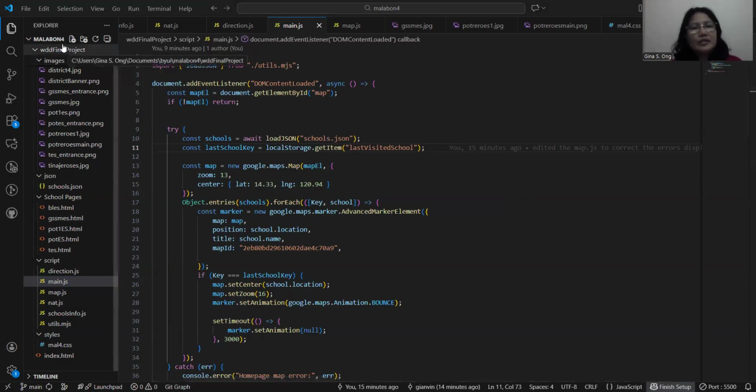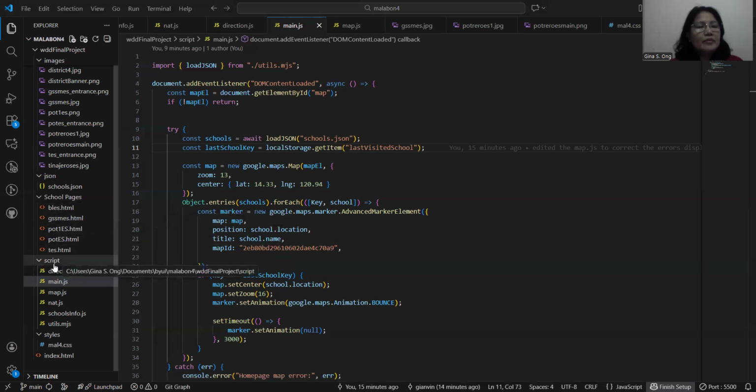So here is my folder. I have folders of images, the JSON file, which is the schools.json, and the school pages for the district. These are the 5 schools.